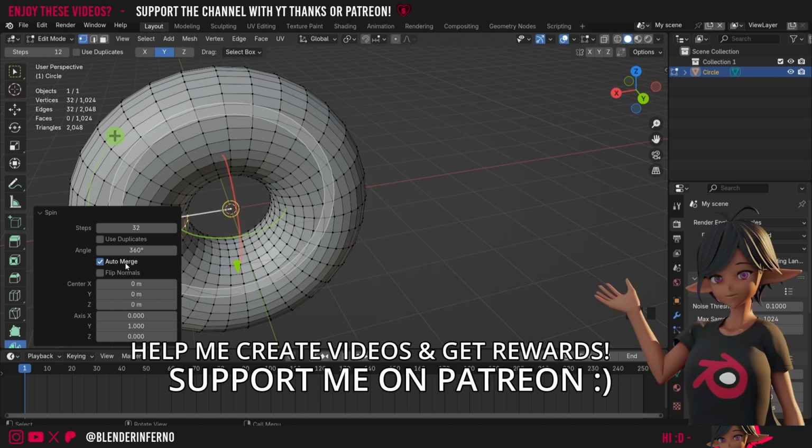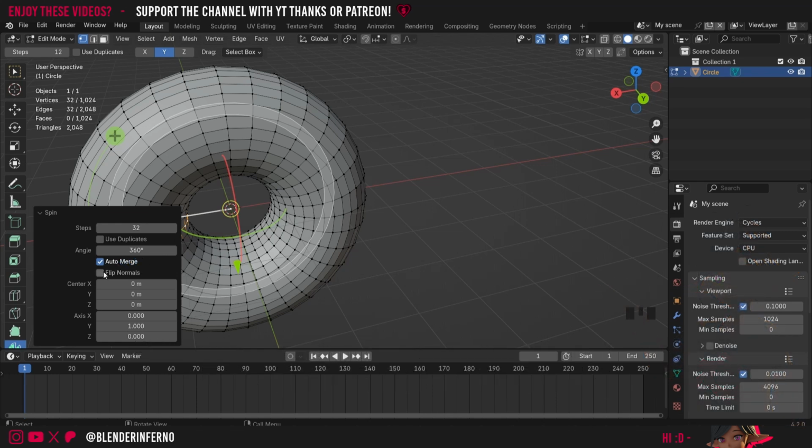You'll also notice there's this auto merge tool here, and that means when the vertices are overlapping, they will be joined together, which is really handy. Flip normals, if you're familiar with what normals are in Blender, it's going to change the direction of the normals of these faces. The reason why this tool is here in the first place is because if I come up